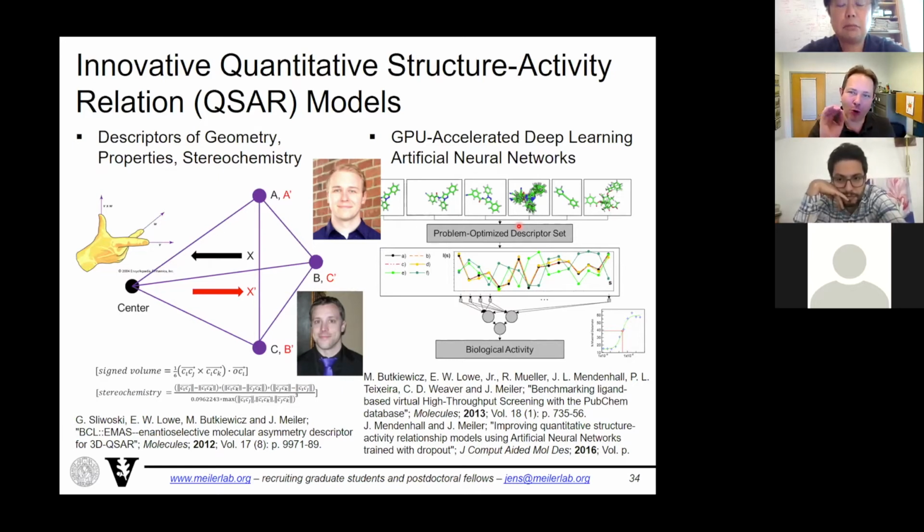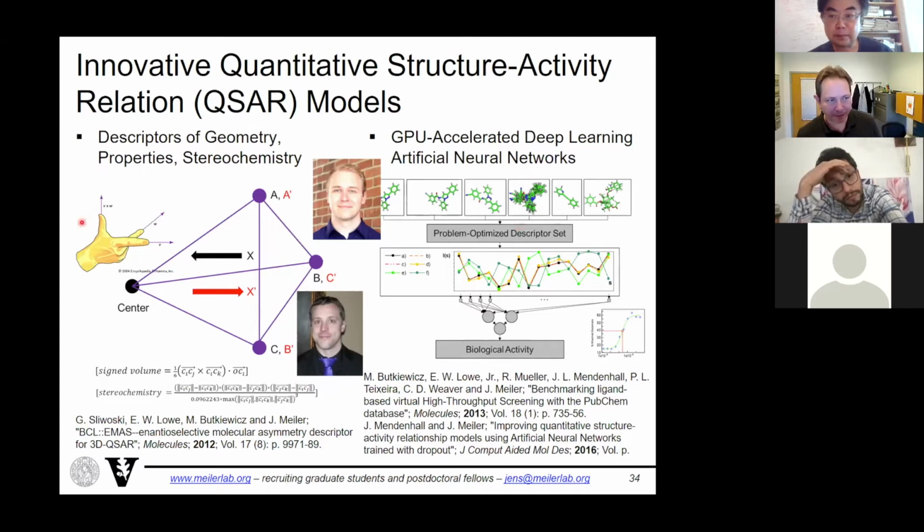So we want to encode stereochemistry of small molecules in a translation, rotation invariant way that a neural network can understand. The chemists amongst you will know, the chemists have these complicated Cahn-Ingold-Prelog rules, the CIP rules, to determine if a carbon atom is R or S. And that sort of says, it looks one way, it's the left hand or the right hand, right? But this is silly for a neural network to learn, because R and S changes with changing a fluorine to a chlorine. You could have a change from R to S. So it's not really useful information.